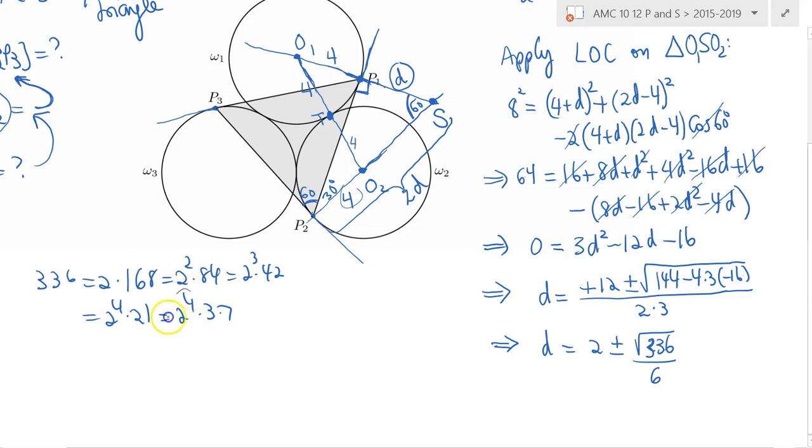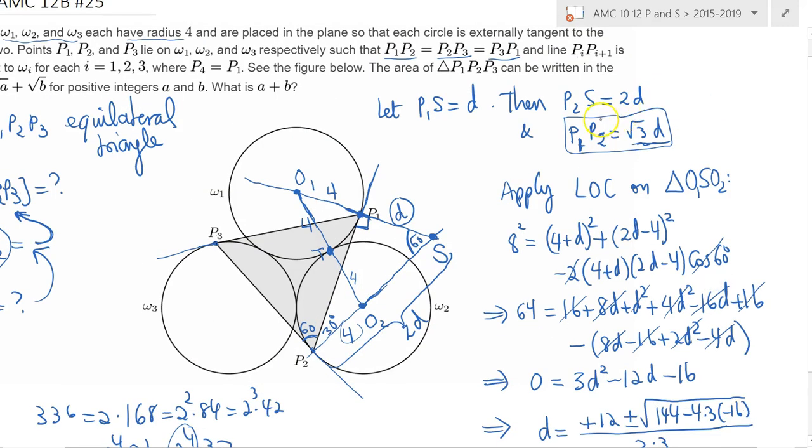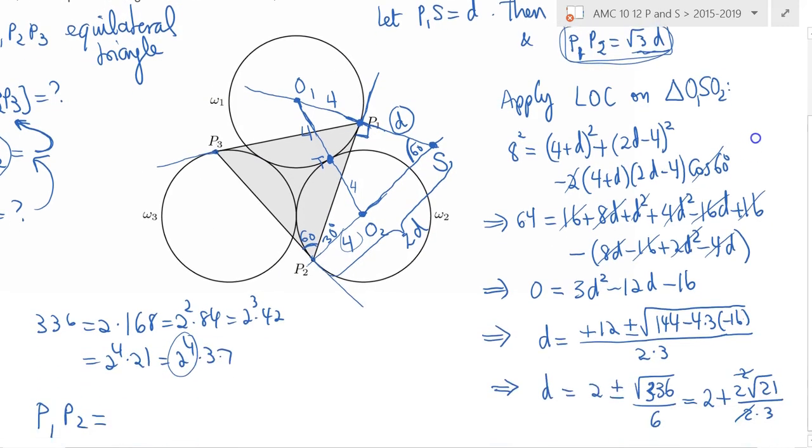So I can factor out the 2 square outside, so we will be left with 2. Yeah, I will need the positive one for sure. And then when the 2 square come out, let's just keep it out. I have a 21 here. I have 2 times 3 here. The 2 and the square will go away, and that's it. That's the distance d. Now P1, P2, recall, is simply equal to, if you recall, that's just root 3d, because